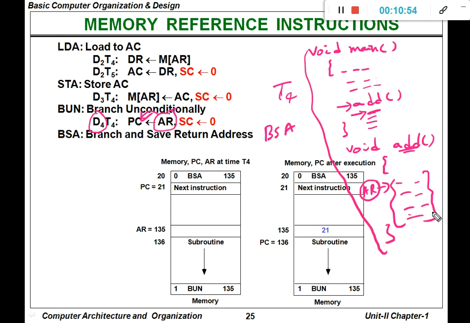Then after the completion of all these instructions, the control will be once again transferred to the next statement after the add function. Whereas in case of branch unconditionally,